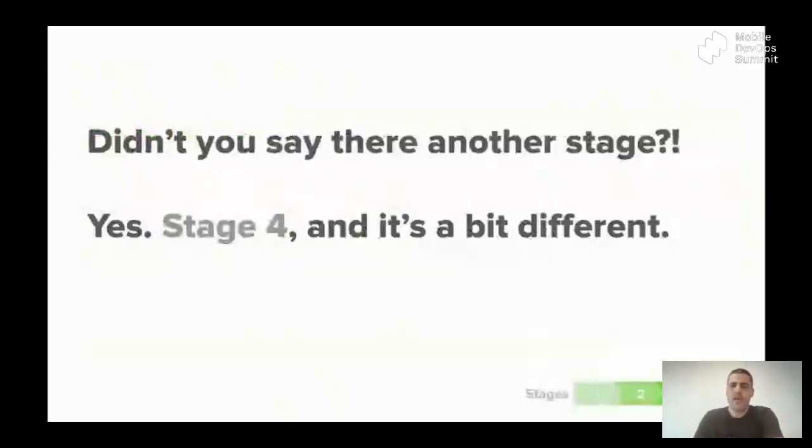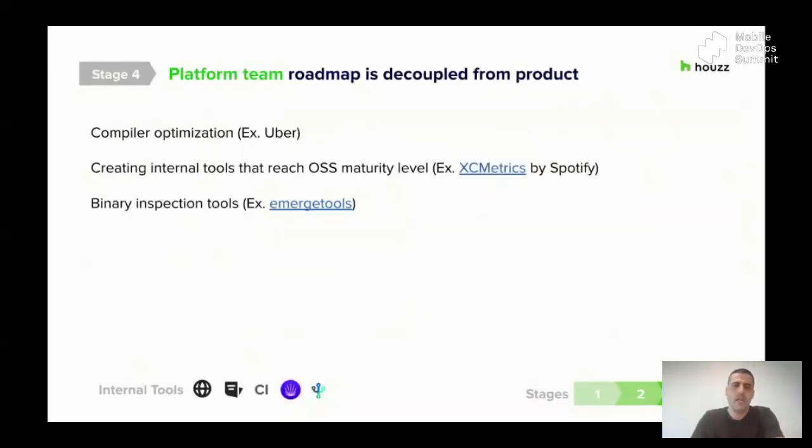So, in the beginning I said four stages, and yet I've mentioned just three. Yes, there's a stage 4, but we consider it somewhat different, because the only change between stages 1, 2, and 3 is the focus and how you prioritize resourcing. And actually, we identify ourselves as a company right now as being in stage 3. Stage 4 is where, as a platform team, your roadmap is totally decoupled from the product, and usually it comes with a very different skill set.